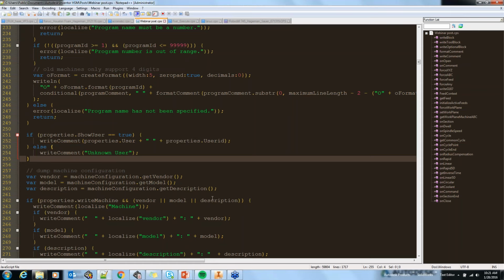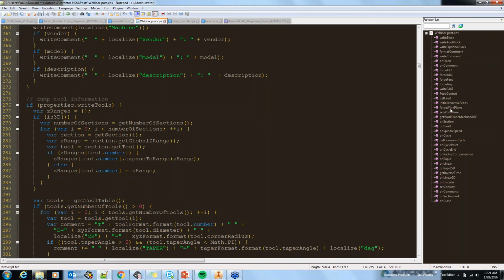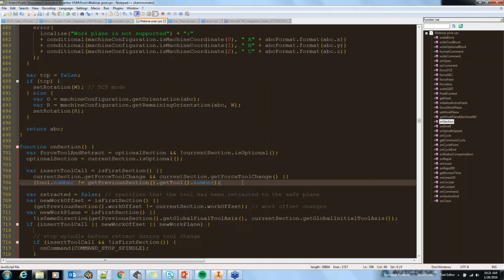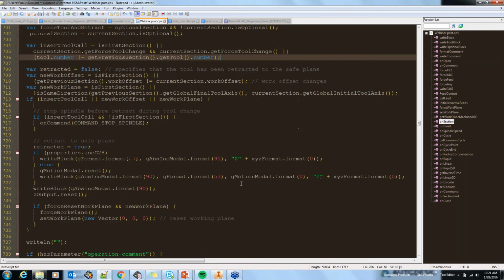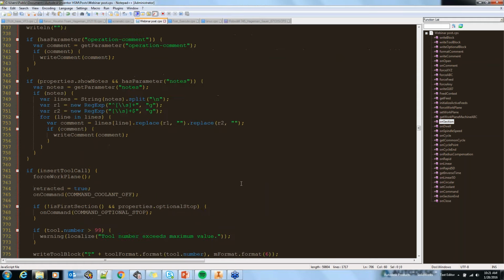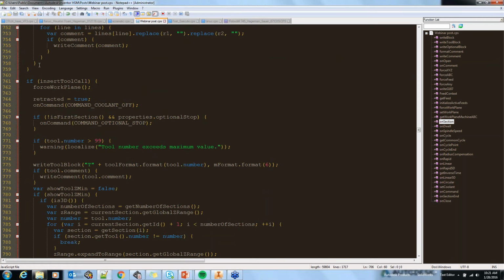All right. So I know, go on section, scroll down here a little bit. All right, so here I've got my insert tool call. And then if I come down just a little bit farther, I've got my write tool block from my actual tool line. Okay, so if you look right below this,